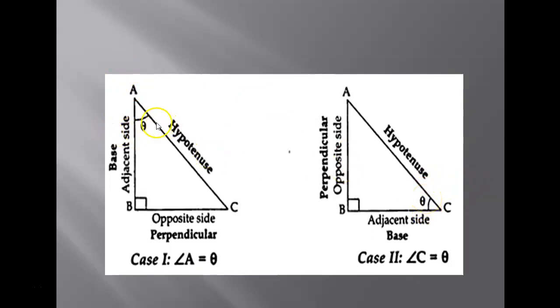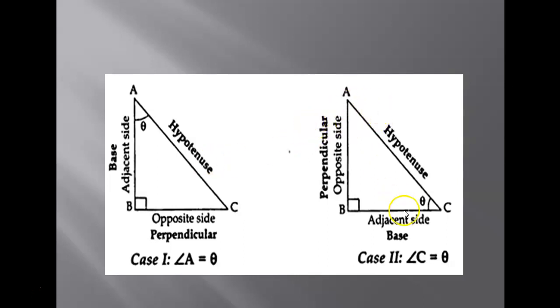Now according to that, we have to check which one is the base and which one is the perpendicular of a triangle. So let's see that if the angle is here, then which one will be the base? AB is the base of this triangle, as all of you know that. Now, which one is the perpendicular according to this? So, BC is the perpendicular of this. And hypotenuse, as all of you know, is the longest side. So, AC is the hypotenuse of the triangle.